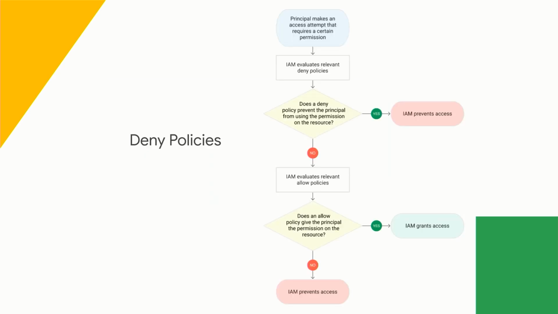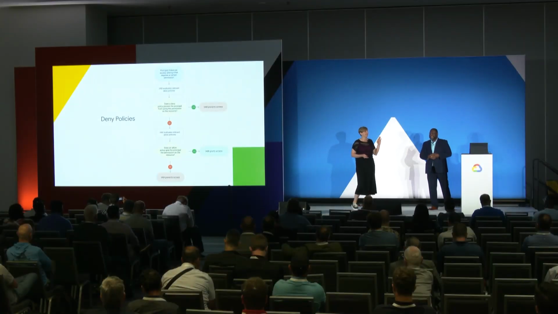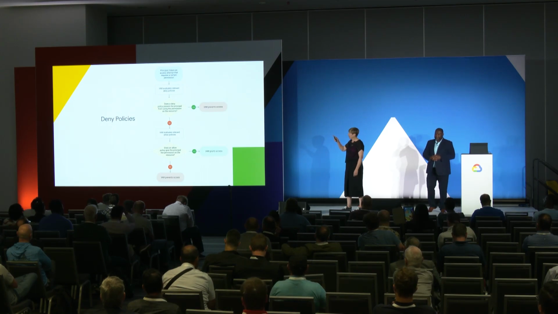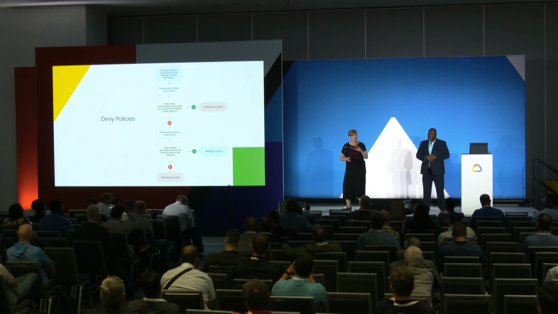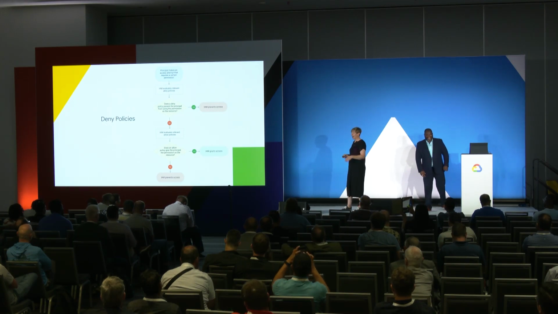And then we have deny policies. And you're probably thinking to yourself, why do we need deny policies? We have allow policies, and it's still going to evaluate and deny access. Well, my friend Elliott here has a really good expression. He says that a deny policy is like a scalpel. And it really is. I'll give you an example of that, but look at the order of operations first. You'll notice that deny rules are checked first, just like a firewall. Just like a firewall, right? Because it's fast.